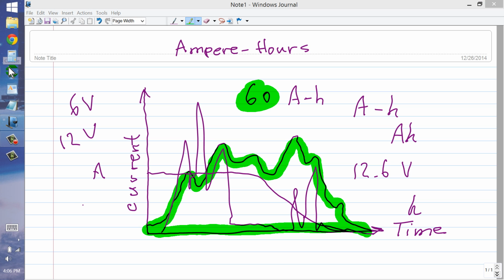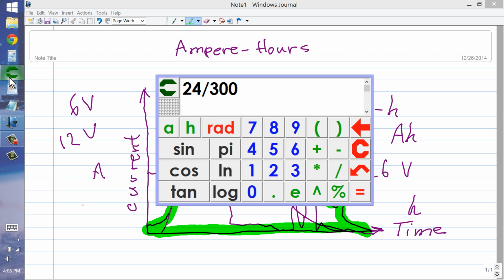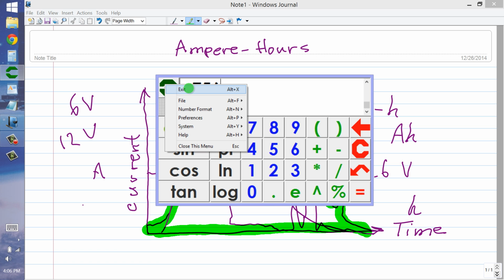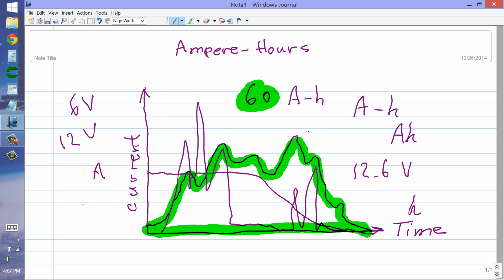The number of watt hours you can get by simply multiplying the number of ampere hours, 60, by the battery voltage, in this case 12.6, is 756 watt hours. Well, you might also call that 0.756 kilowatt hours. But if the battery were only 6 volts and you had 756 watt hours,